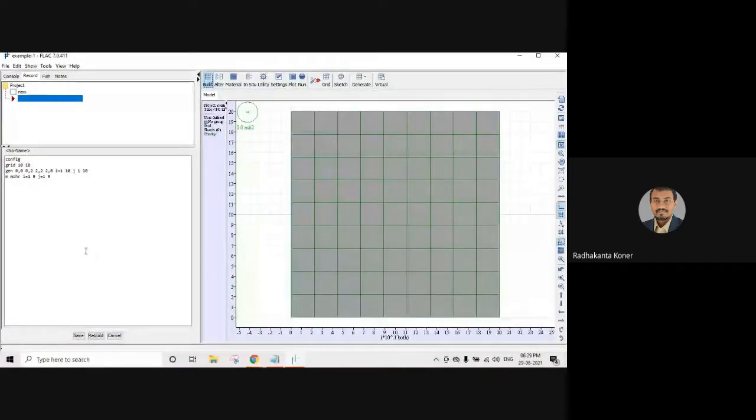Okay. So my model is a block of 10 by 10. You see 10 grids on the horizontal and 10 grids on the vertical, and we have considered the Mohr Coulomb constitutive criteria. M stands for model, MOH stands for Mohr Coulomb, and that is from I equal to 1 to 9, J equal to 1 to 9. You may ask why, in case of 10 by 10, we are only keeping it to 1 to 9. It is the syntax that one less value will be there, and for J also one less value will be there. So the model is constructed now.